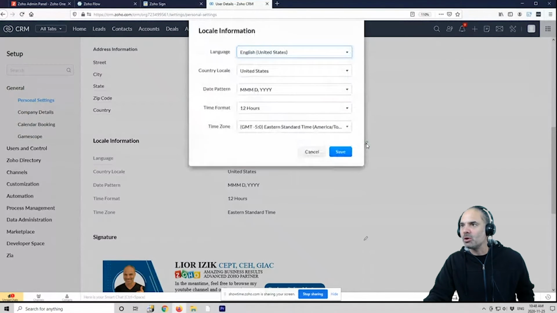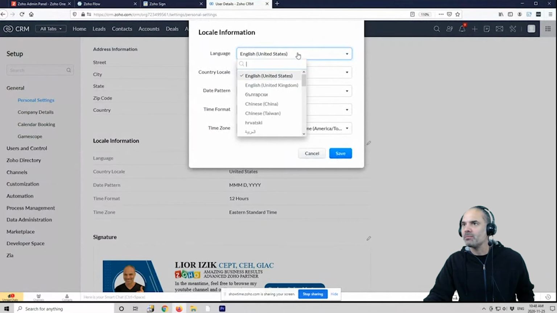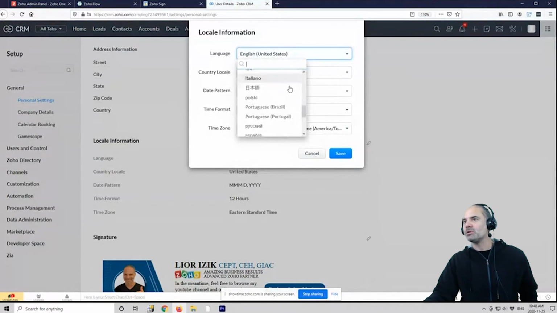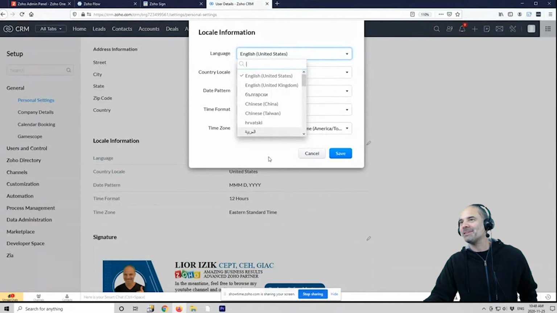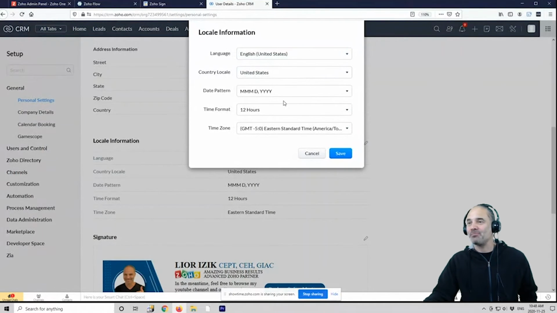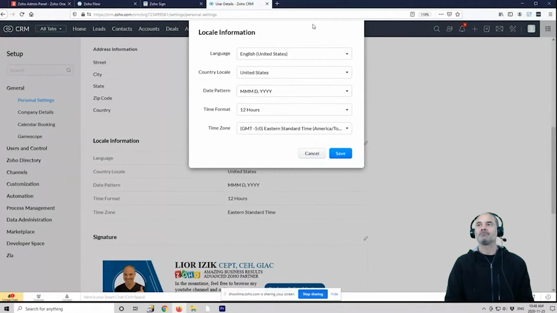Yeah, here it is. Local information, you see? Yes. So if I change it to a different language, which I probably don't need to because I don't know how to go back after, but that will change the language. Yeah, you can easily change it. I've done it before. But for the custom fields, do you know if there is a way to adapt it? Yes.